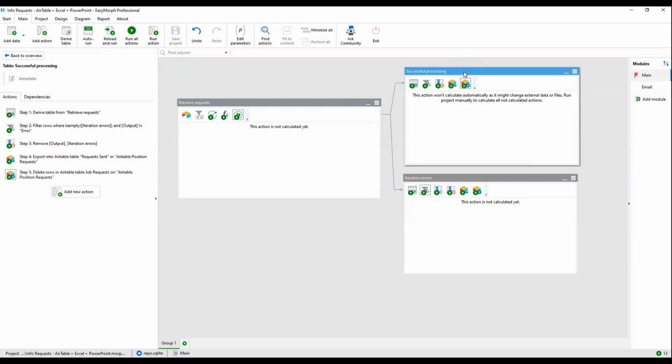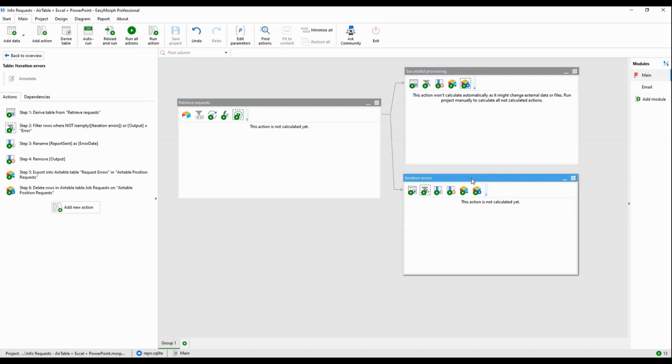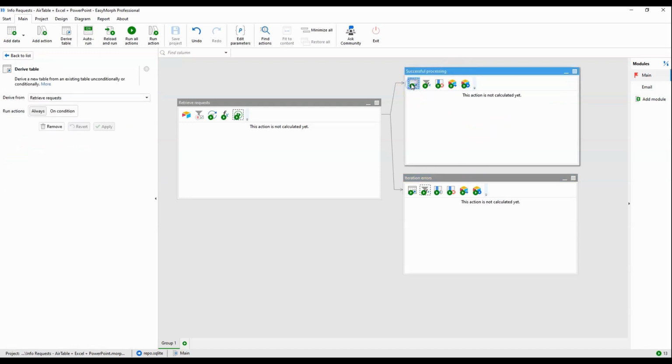So anything that was successfully sent, where that return value was not the word error, ends up here. If there was an error returned, it ends up down here. So along the top branch, we pull in the data set. We filter. If there were no iteration errors listed and the output value is not error, okay, we're going to